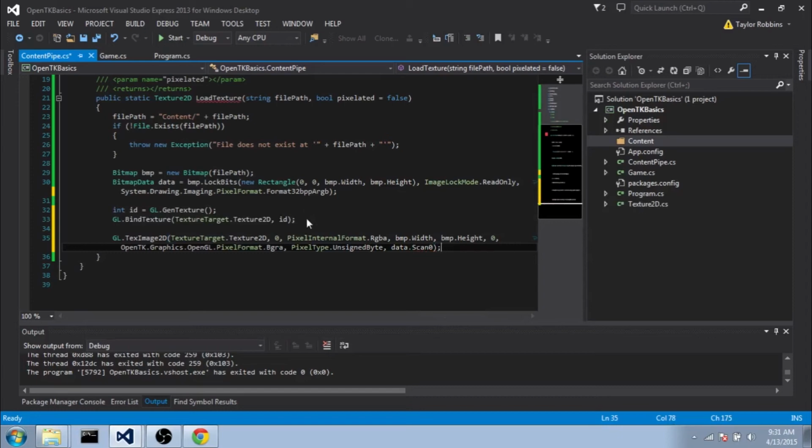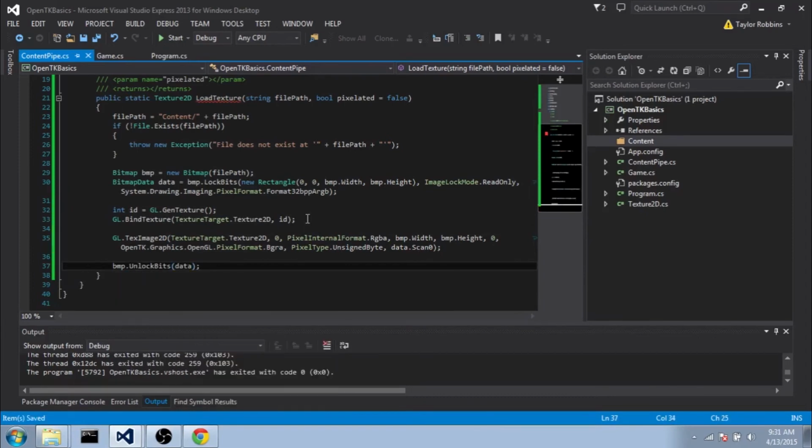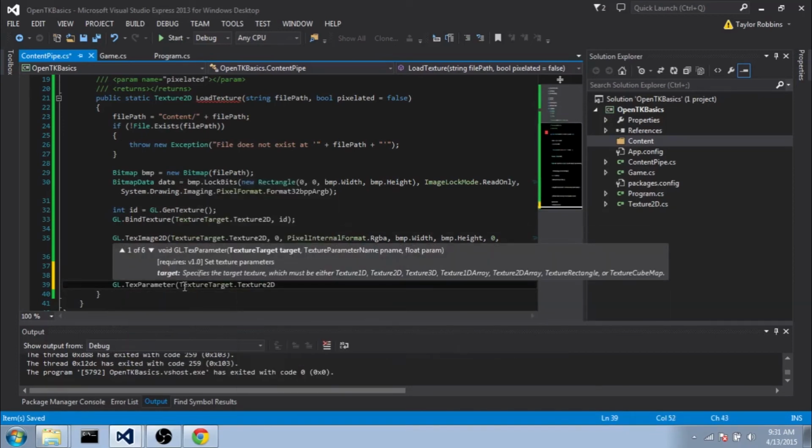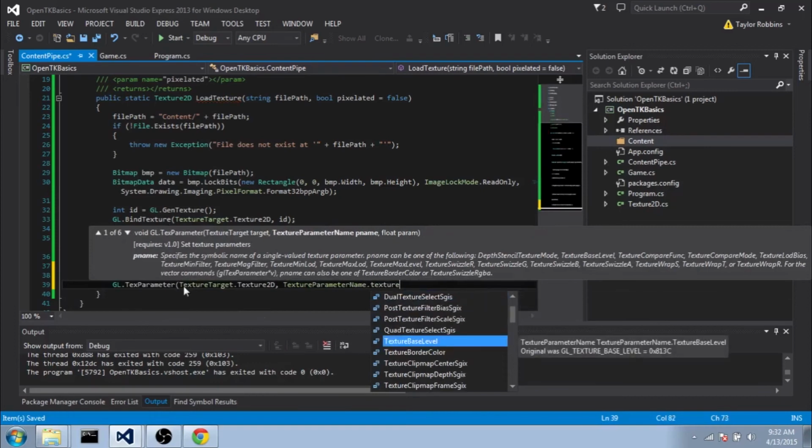And there you are. Now we passed it, so what we need to do is release those bits. So we're going to do bmp.UnlockBits, and we'll pass it data, so it knows what bits to unlock. And now that we got the image passed and everything, we want to make sure that we set a couple of variables on that image for OpenGL so that it knows how to handle that. And this is where that pixelated variable comes in. So what we'll do is GL.TexParameter, TextureTarget.Texture2D, TextureParameterName.TextureMinFilter,